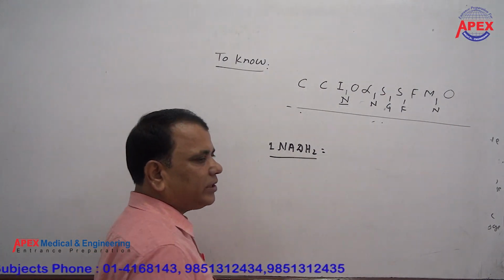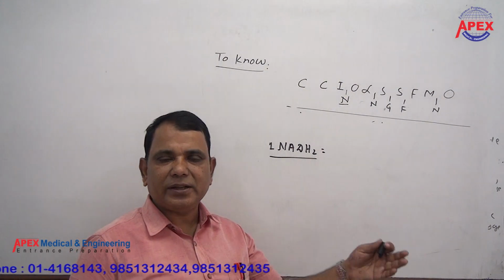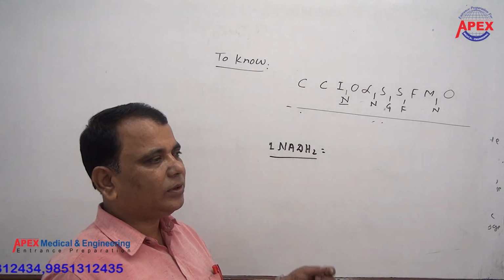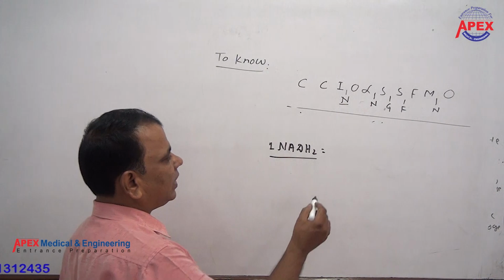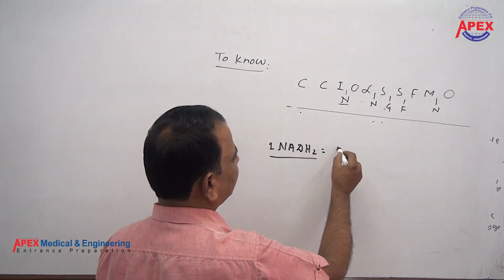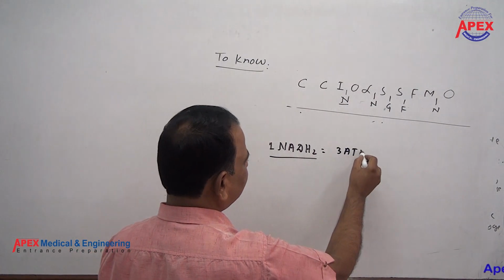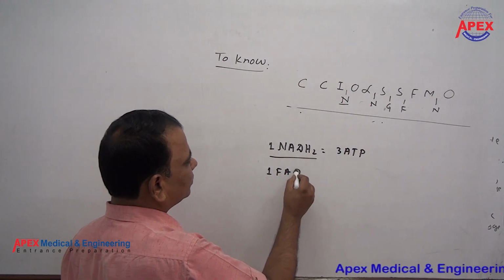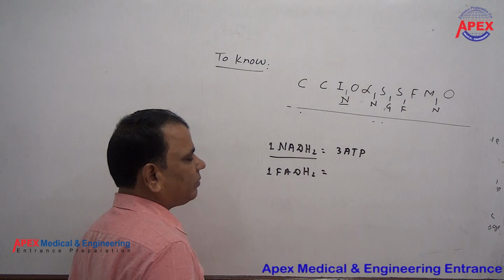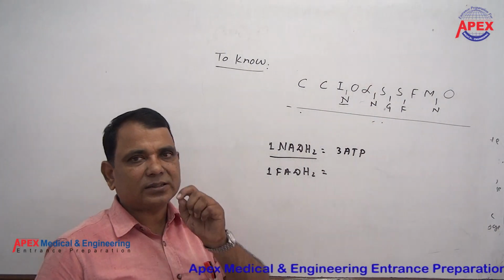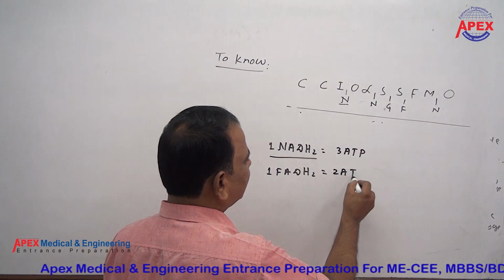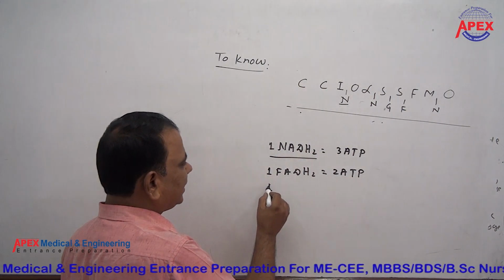So कसरी 3 वटा ATP हुन्छ, it is coming, it is not here, but we have to calculate how to calculate 3 ATP, that also you have to know, right? So 3 ATP. त्यस्तै 1 FADH2 equal to एउटा FADH2 ले कतिवटा ATP synthesize गर्छ? 2 वटा, right? So what is this? 2 ATP release गर्छ. And other we have what? 1